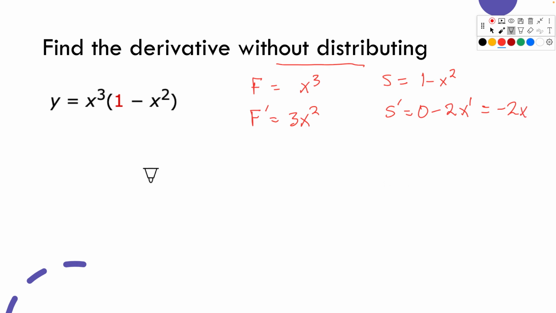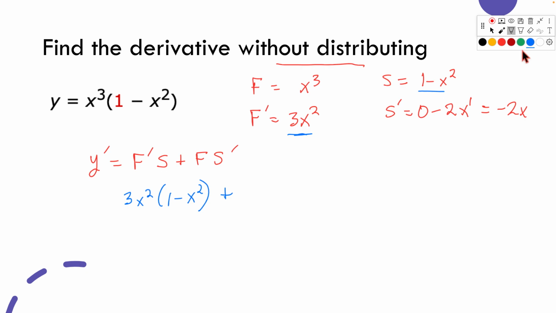Okay. I come through and okay, so what's the derivative of this function? Well, it's going to be the first one's derivative times the second plus the first one, not a derivative, times the derivative of the second. Okay. So derivative of the first, and again, I'm just picking my pieces, and this is sometimes where I mess up. So I'll be a little careful here. Here's the first derivative. So that's 3x squared times the second one unchanged. So that's this one here, 1 minus x squared,